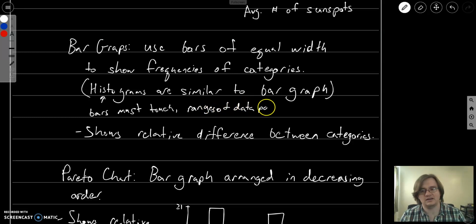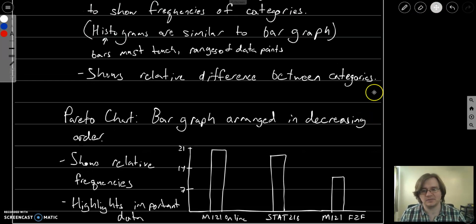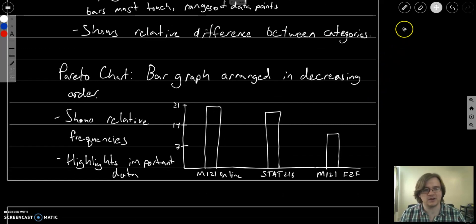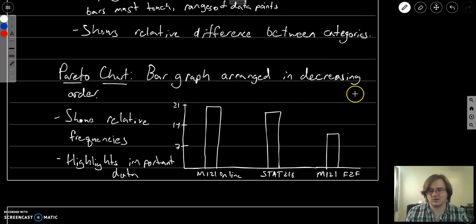And bar graphs are more commonly associated with just explicit categories rather than ranges of data points. But they are very, very similar. And a very particular type of bar graph is called a Pareto chart. And we'll compare this to another type of chart in a second, but essentially it's a bar graph that's been